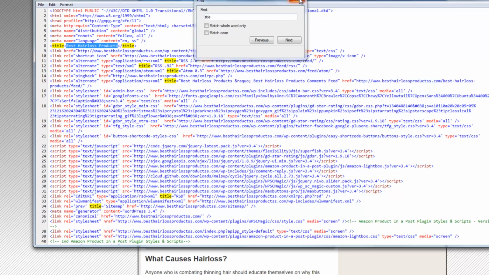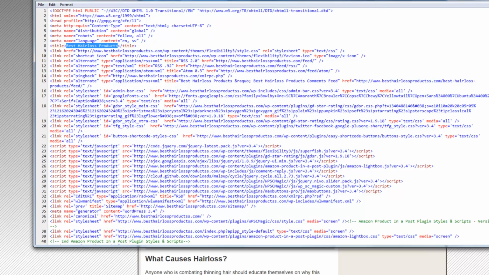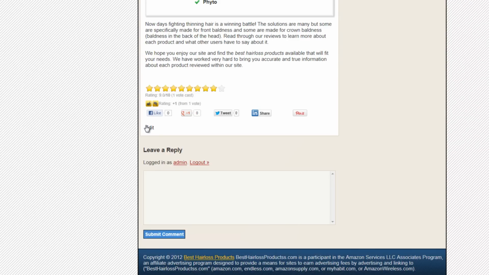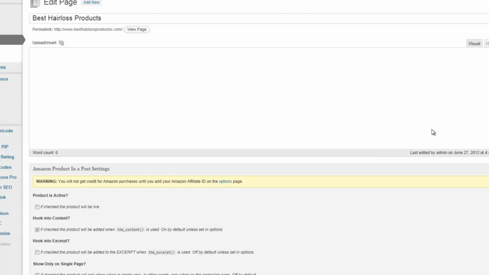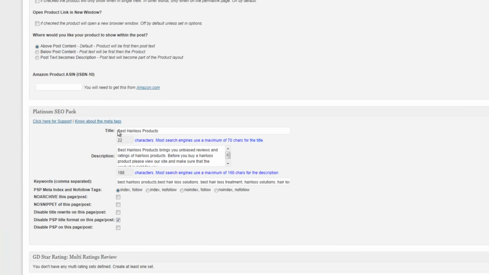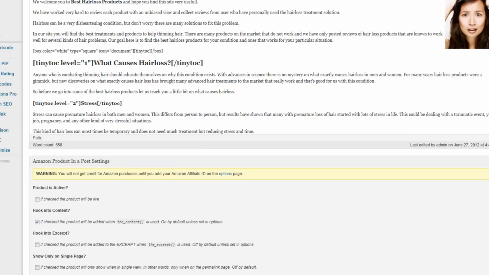Now, if I didn't do the settings here, let me go back to this page. If I didn't do these settings correctly, so you've got to make sure you do this correctly on the settings, and this will be a thing that I go through all the time. If I didn't disable the PSP title format on this page and I pressed update,